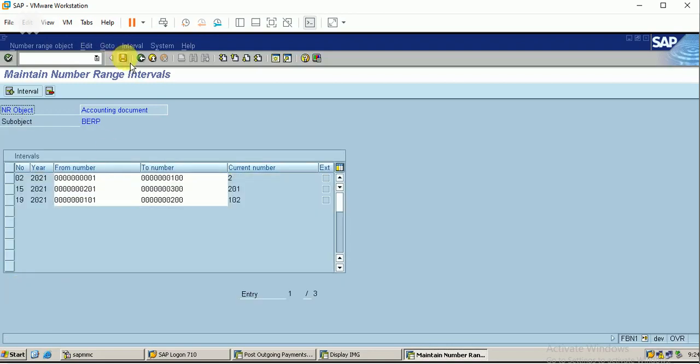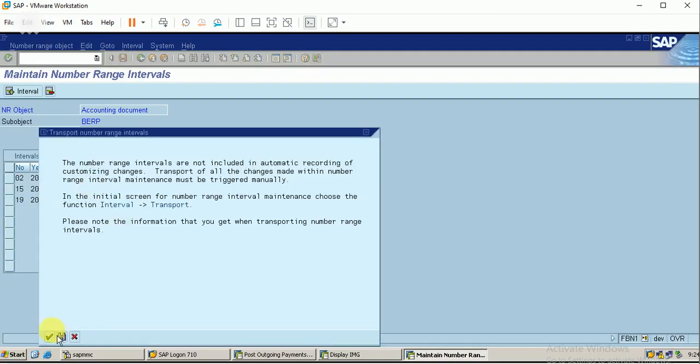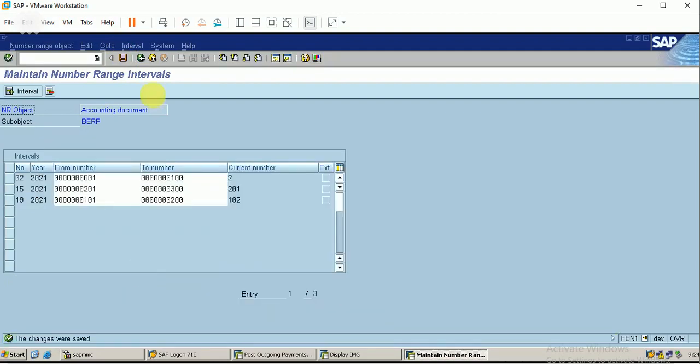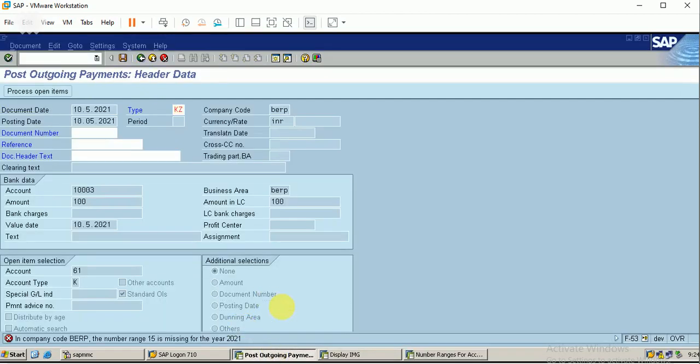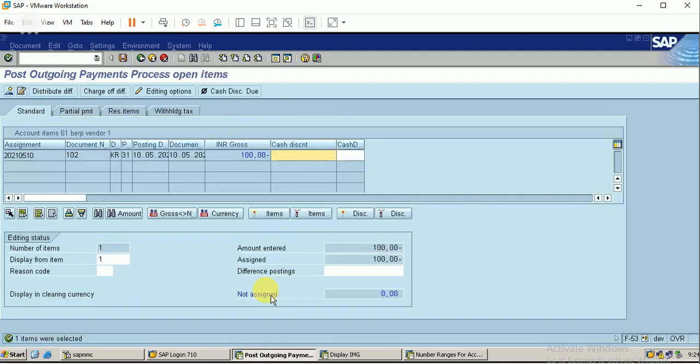Click on save. Now I'm moving into this tab. Click on enter. Okay, it is processing, and the screen will appear.